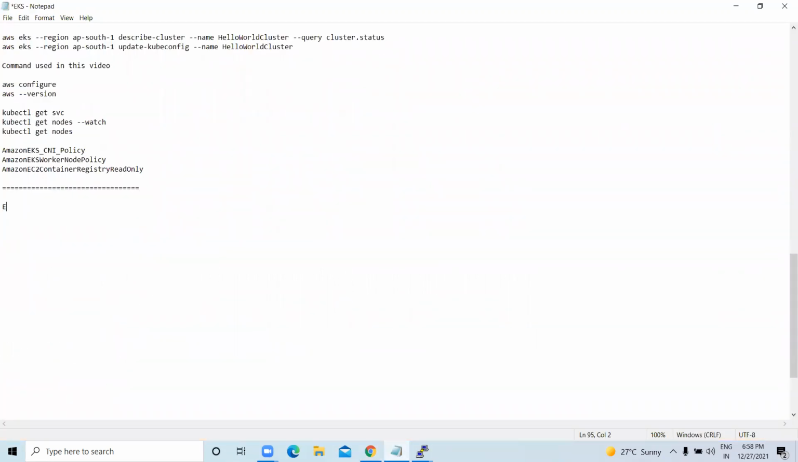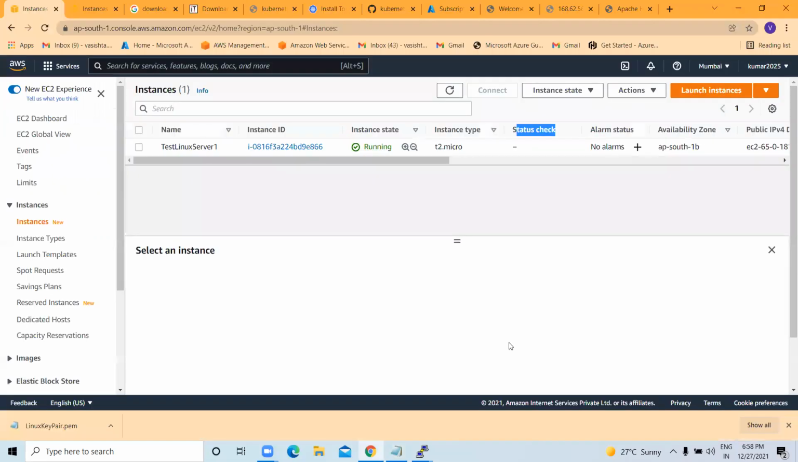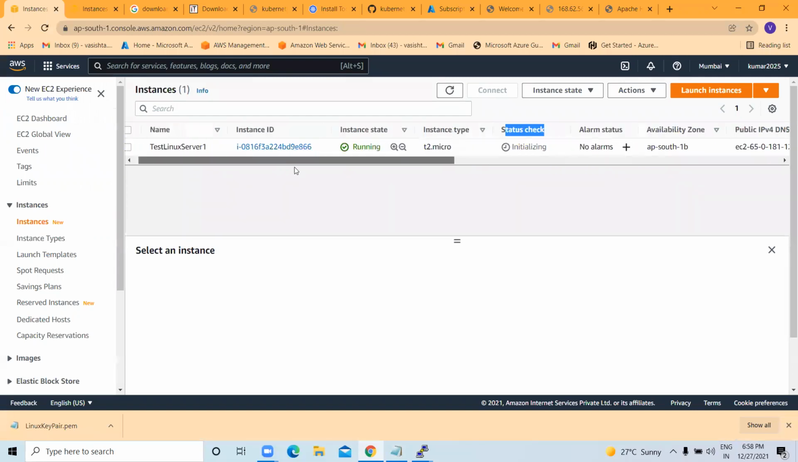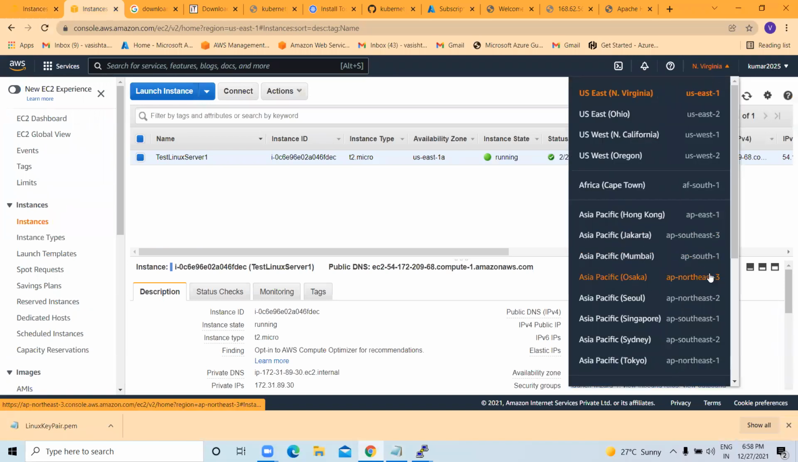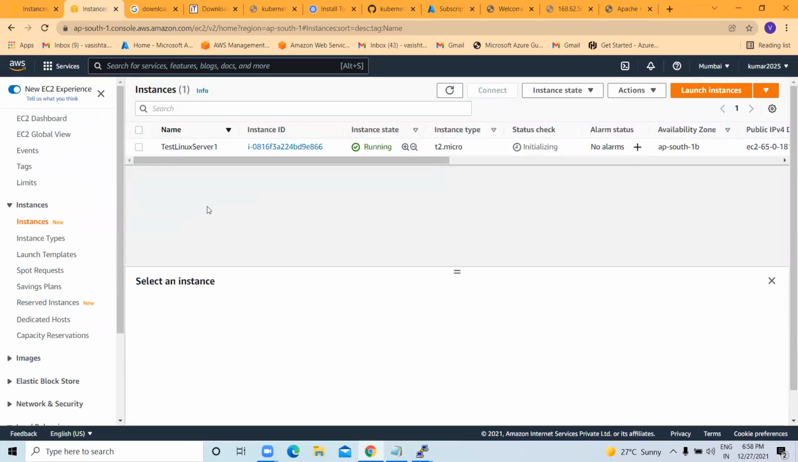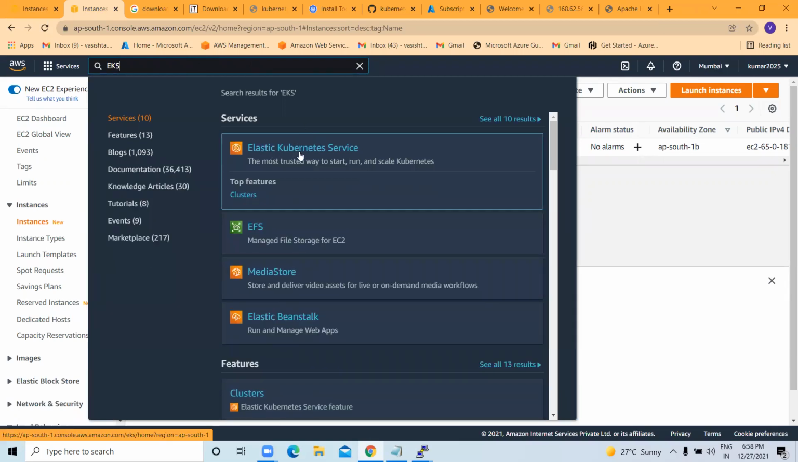So today's concept is EKS, Elastic Kubernetes Services. Just click on refresh. So before initializing, just open another tab, select the same Mumbai region, just select AP South 1 Mumbai region, right? Now here I'm trying to launch in the Mumbai region, and then open EKS, Elastic Kubernetes Services,